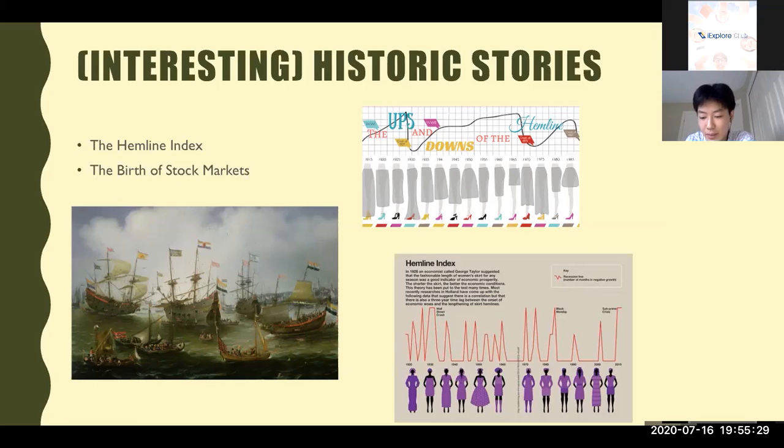But then not every king or queen could do that, or not every noble had the will to do that, because many of them had no courage to take such a huge risk and put all their eggs in one basket, as the saying goes, which means putting all their money into one single team of explorers. So the people in Europe began to find a solution to this problem, because less and less royalties were financially supporting these campaigns over time.